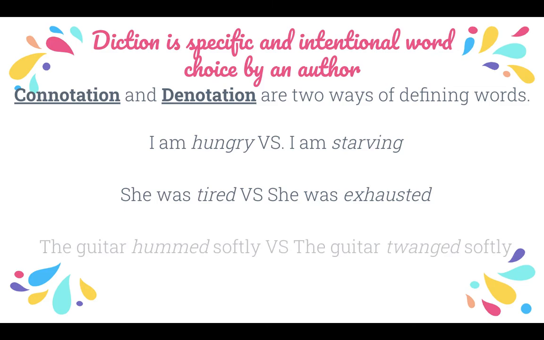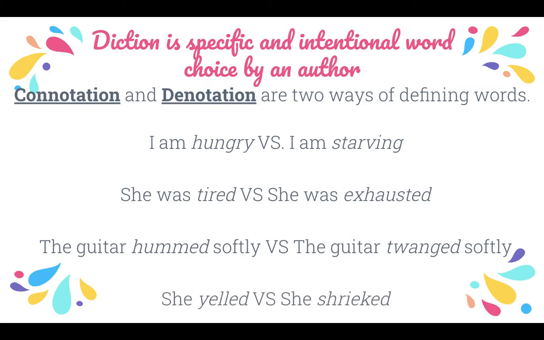the other. You could also use something like the guitar hummed softly versus the guitar twanged softly. Even the words themselves have a different feel to them. Hummed is a little more calm and mellow. Twang, to me, feels like country music of some kind. Or even something like she yelled versus she shrieked. In our heads, we may picture or hear those two different words as different things, even though they essentially mean